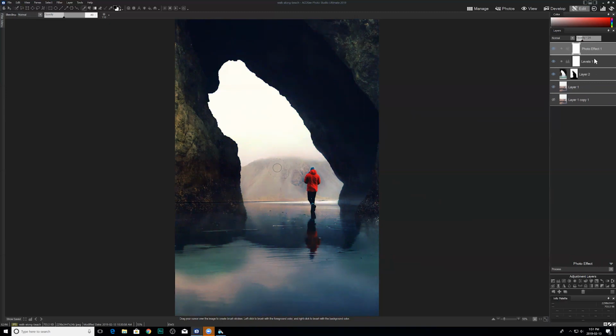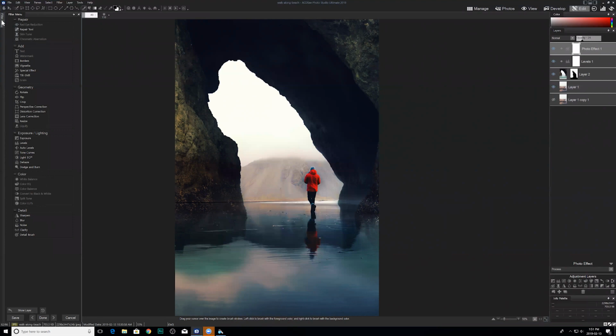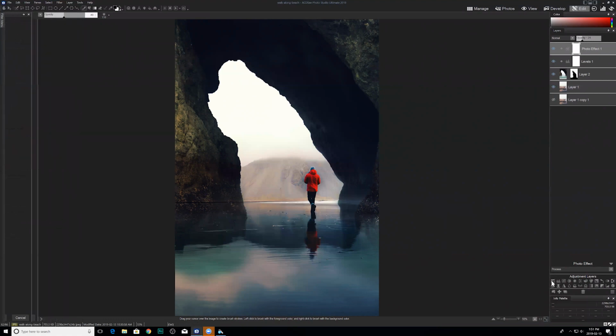Okay, so let's just quickly go over what the adjustments are, just so you're aware. Again, all of these adjustments you'll be very familiar with if you've explored the filter menu at all, because lots of them are available there. So things like, what do we have here? Exposure and lighting levels, all of these things are going to pop up in a similar way. So just as an aside, we have exposure, levels, curves, light EQ, white balance, vibrance, color EQ,